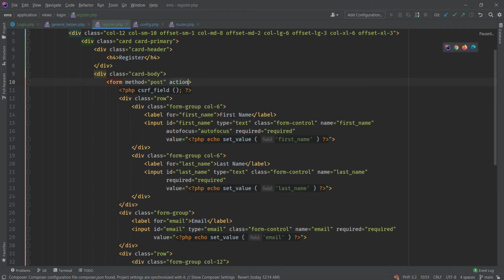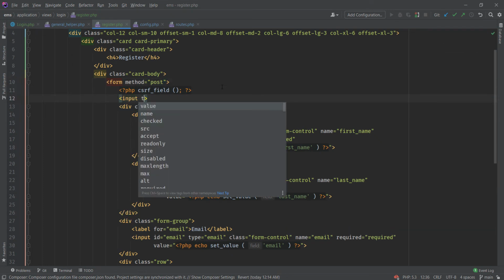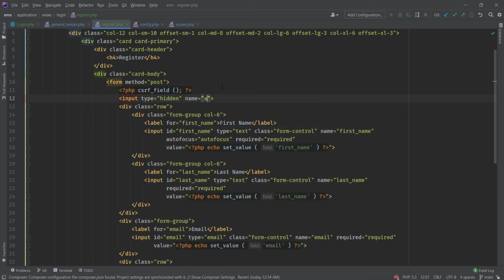But what I usually prefer is to have a hidden input field, like so, input type hidden, name this as action, and the value will be process account creation. Once this hidden field is added inside our form,